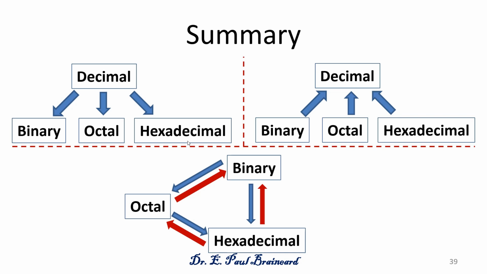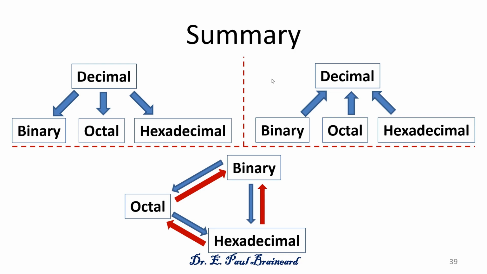In summary, we have seen number conversion from decimal to binary, octal and hexadecimal by dividing the integer and multiplying the fraction with the target base. Secondly, binary, octal and hexadecimal numbers are converted into decimal by multiplying each digit by its weighted position and adding the weighted values. Finally, octal is converted to binary and vice versa by grouping bits into 3. Hex is converted to binary and vice versa by grouping bits into 4. Lastly, hexadecimal and octal are converted via binary.